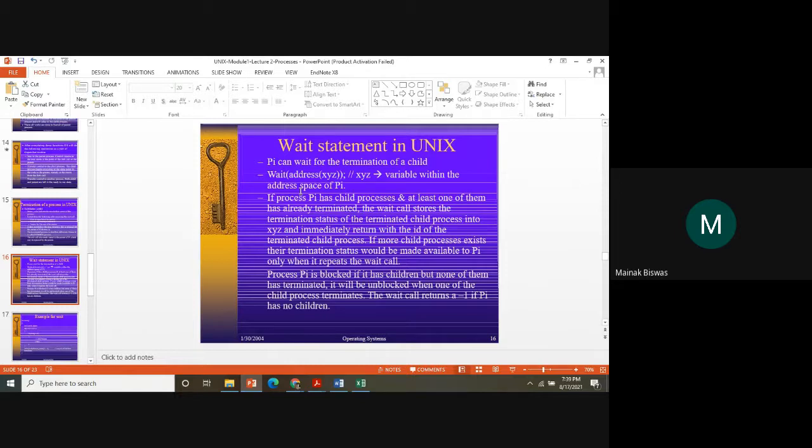A parent has created multiple children, and if at least one of them terminates, then its status or child process ID is returned to the wait command, and only then can the process continue.